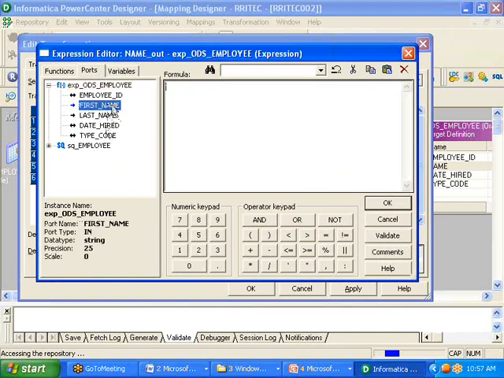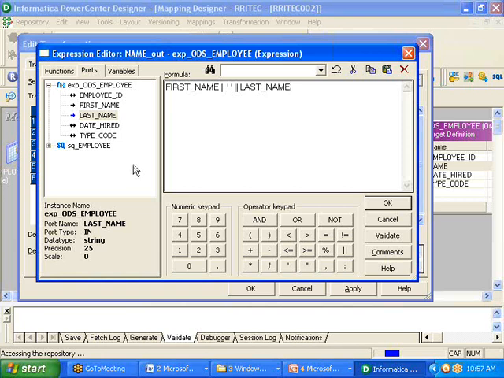And whatever first name is available, take that first name. This is my first name. Double click on it. Then I want to do concatenation. Then I am looking for one space also, right? For a space you need a single quote. Do the single quote, then space, single quote. Again, concatenation. Next, last name. Click on that. Did you understand this one? We are trying to concatenate first name with the space and the result with the last name. Am I clear?